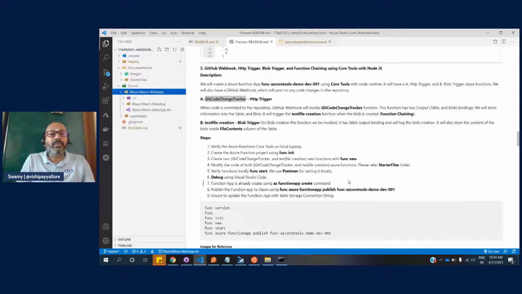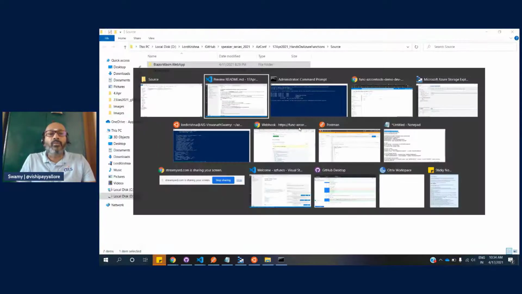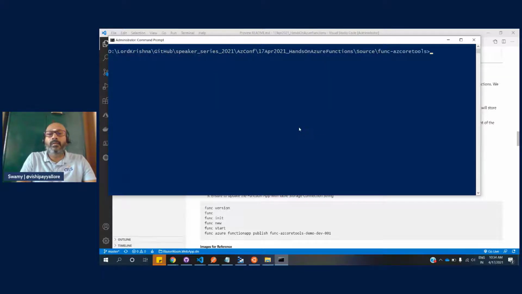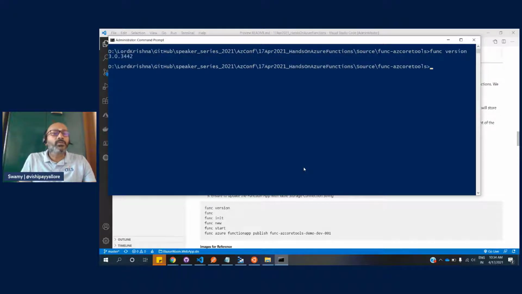Okay, func init. So let me create a folder here. So here, and we use func --version to verify the version, and we use func.